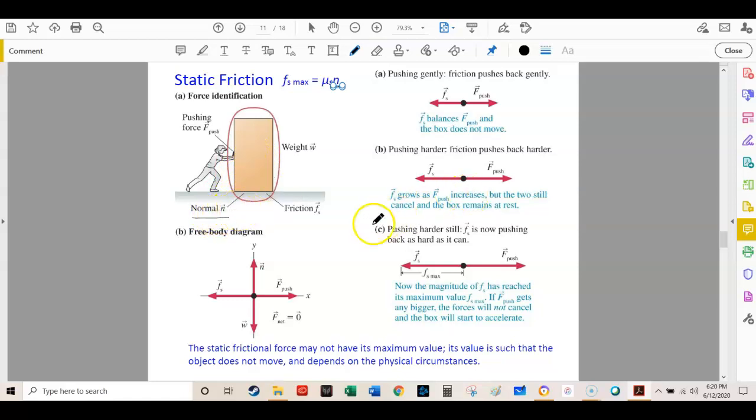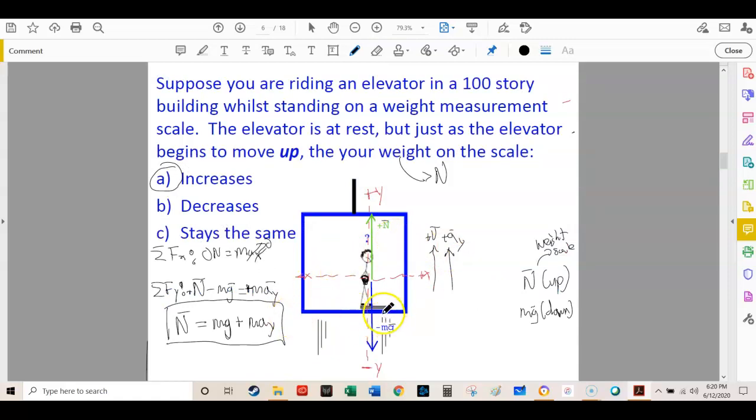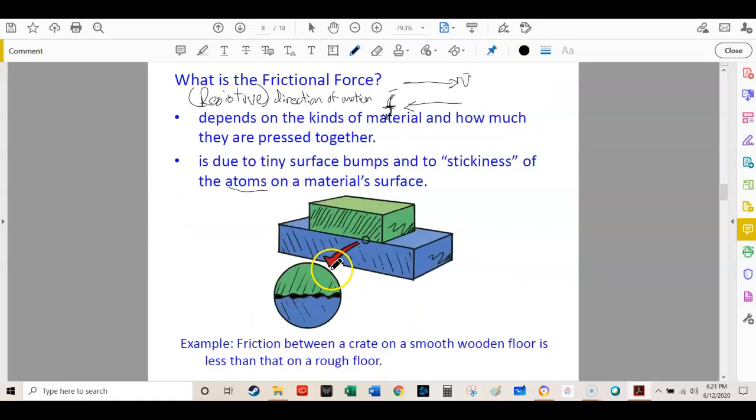And in the last thing that we did, right over here, the connection between the normal force and the surface on this inclined plane was mg cosine of theta. It wasn't the weight of the object, right? And in this case, the connection between the surface and the object here was not equal to the weight of the person. It was actually greater than the weight of the person. Okay, so